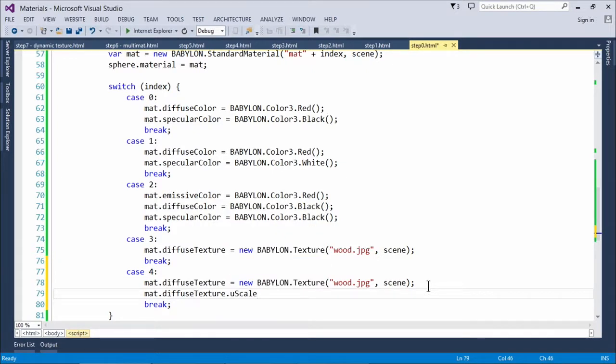The first one is U-scale. Remember U and V? Right now the texture is applied on the sphere so that all the texture is perfectly mapped onto this sphere. But I can play with the scale itself, so I want my texture to be applied many times on the same object, to repeat it. It's a way of repeating exactly on U and obviously on V. By just doing that,